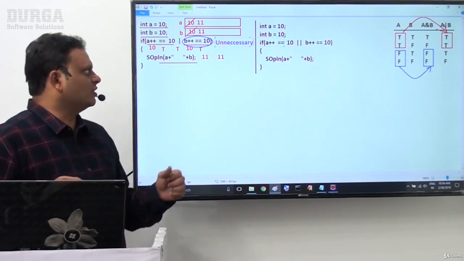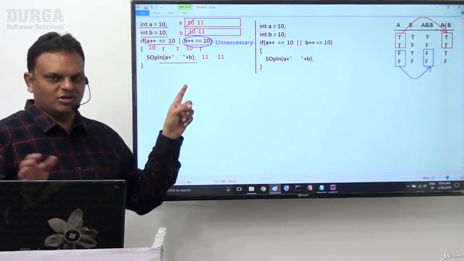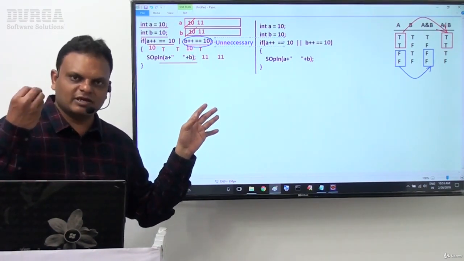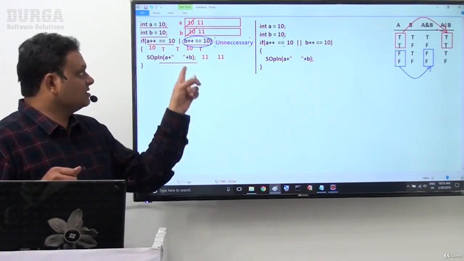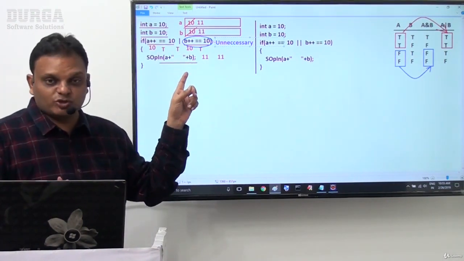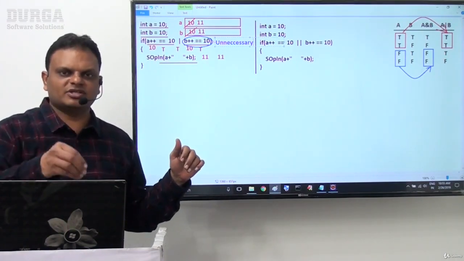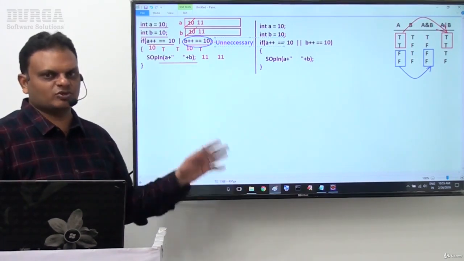This is the reason why the shortcut operator is better, and the normal single operation is able to reduce performance of the application. The point is which one? First operand value is true. For example, if the first operand value is true, no need to check the second operand value. Directly we can predict the result of the overall expression is true only. But in the case of single OR operator, what is JVM doing? Even though the first operand result is sufficient to get the result of the overall expression, still JVM is not satisfied with that.